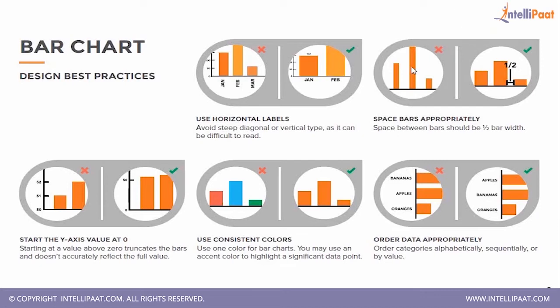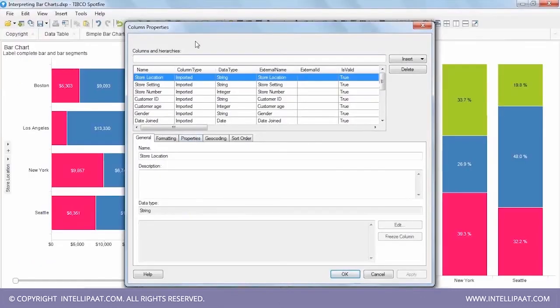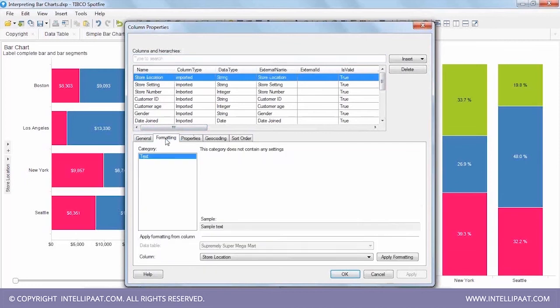If I quickly come back here and show you, these are my column properties. Edit column properties, and as you can see, these are all the things I've imported. These are all the different columns I have. This is the data types of the columns, and a few other things you will find here. These are the formattings that you can set. And please understand, whenever you're setting formattings here, these are always set at